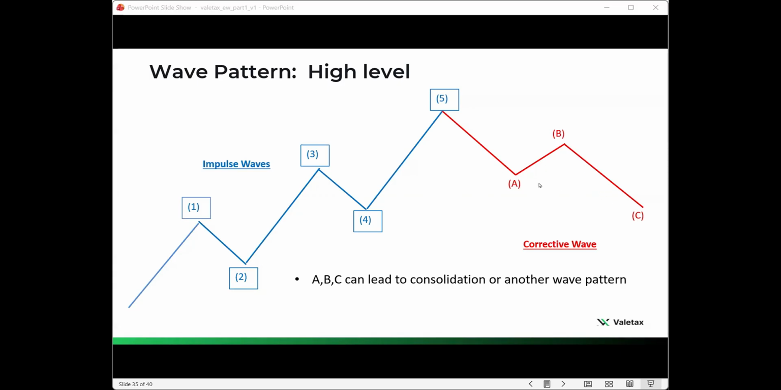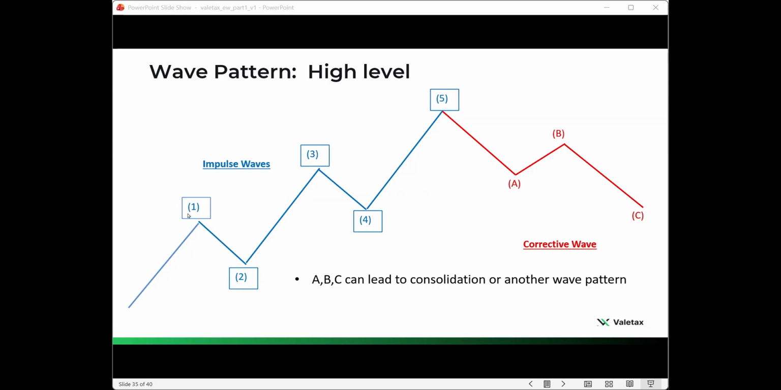However, you do need to know that because this could, instead of consolidating, turn into a full-blown trend reversal, which is what we're looking for. And the way I would look at it is completely different, which I'll go through in a minute. So the ABC pattern here could either lead into a consolidation pattern or it could lead into another wave pattern